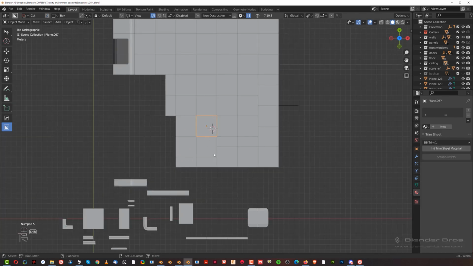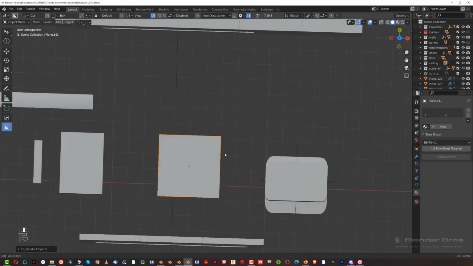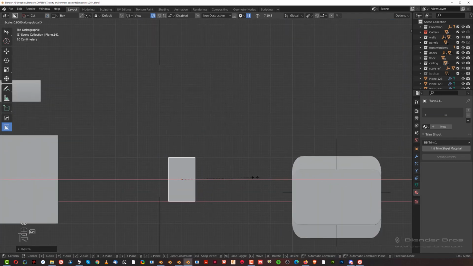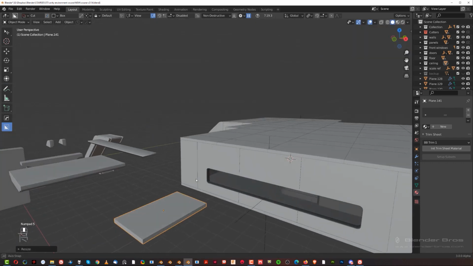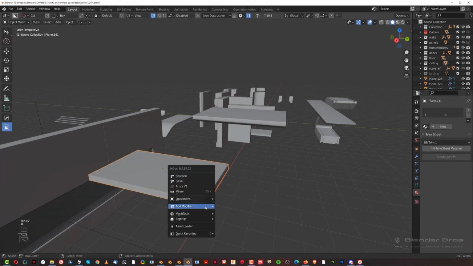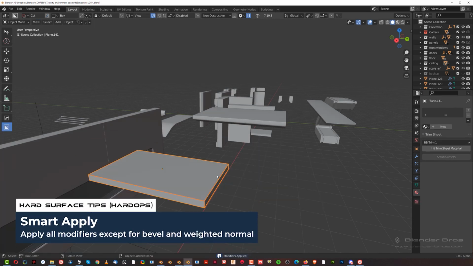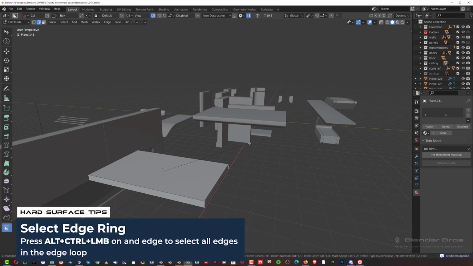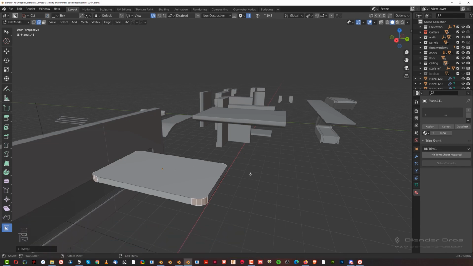You simply grab one of these, Shift D, move it somewhere here, so you can see what you're doing. Let's make it smaller like this and a little bit narrower like this. And that's all we need. Then we're going to go to edit mode. Let's apply the operations and multiply. Go to edit mode in edge mode. Alt Control click these. Control B to create a